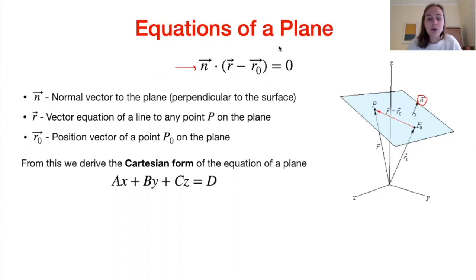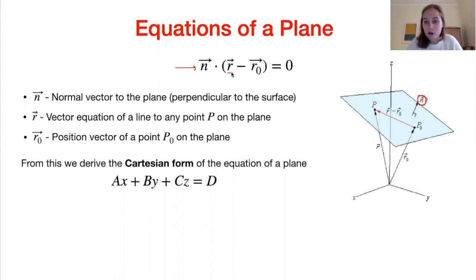So first of all, n. N is the normal vector to the plane. What that means, a normal vector is a vector which is perpendicular to the surface. So we can indicate it right here, this vector n, we see it points away from the surface and is perpendicular to it. The second vector then, r, similarly to what r represented for the vector equation of a line, here r represents the position vector